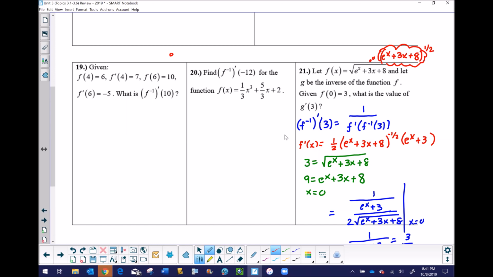And you could use method 2 or method 3, but I'd like to use method 3 because it's a little bit more foolproof with most of the problems that we want to do. So